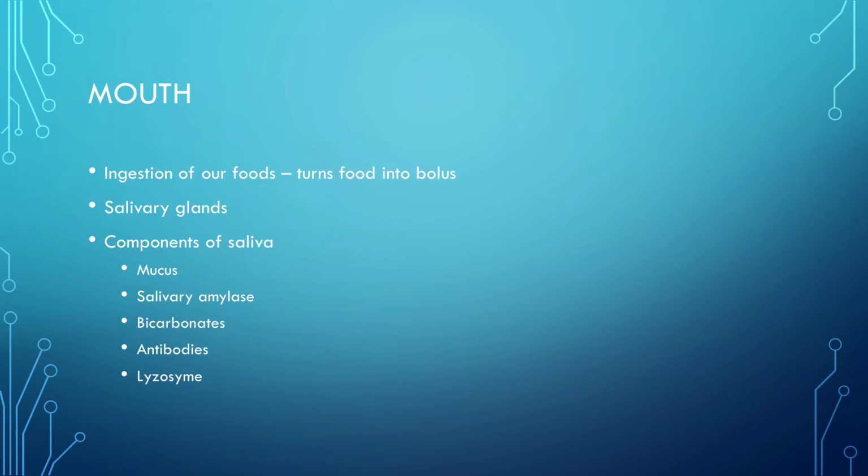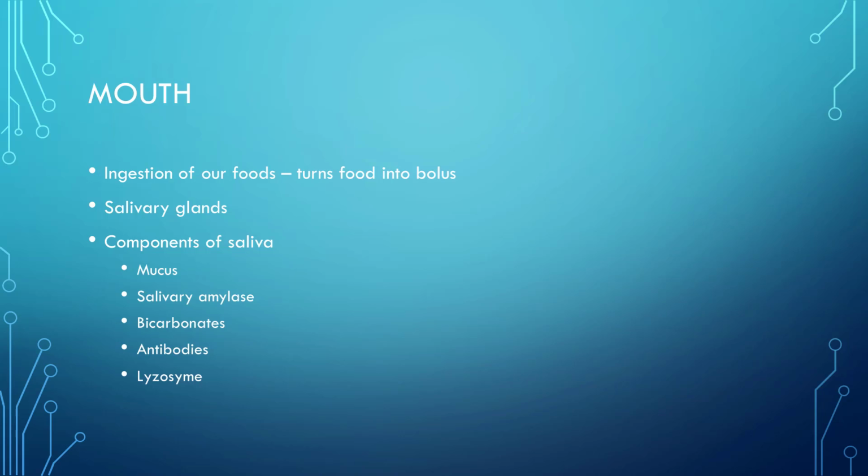So the mouth is where ingestion occurs. So ingestion basically, taking the food to the mouth and chewing it and then mixing it with saliva. This will turn our food into a semi-solid mass called bolus. This bolus is really, really important because it helps with swallowing. If our food wasn't chewed up and it wasn't mixed with saliva, it would be very abrasive to the throat